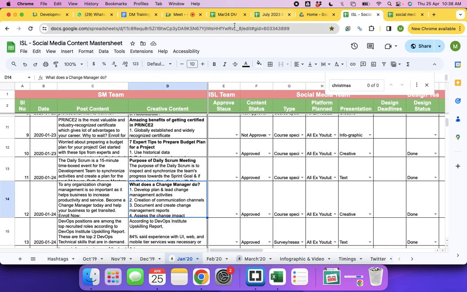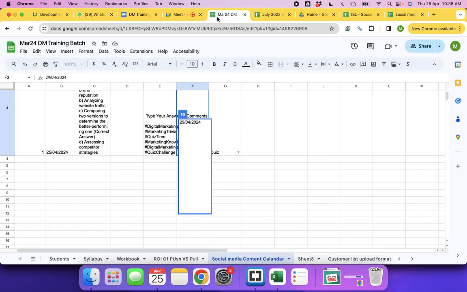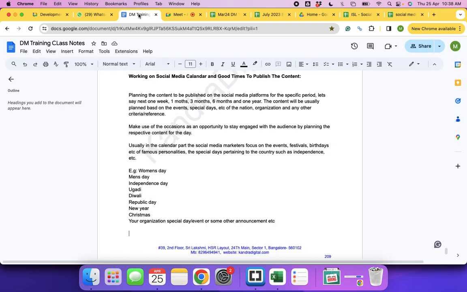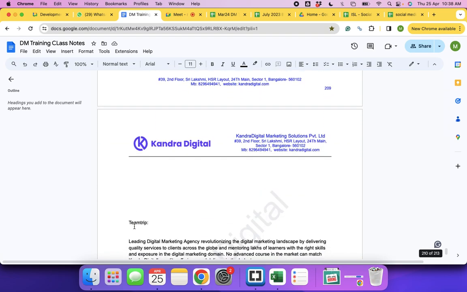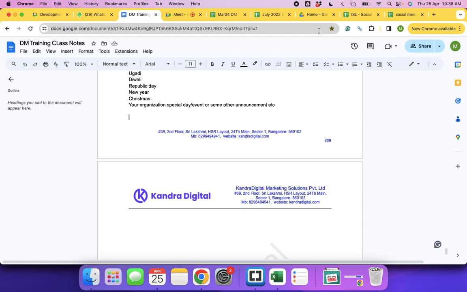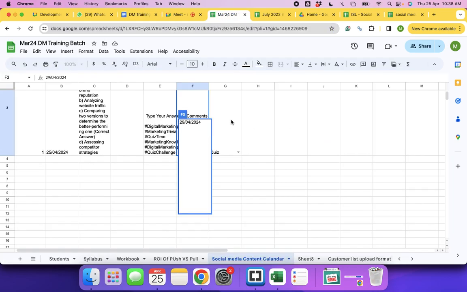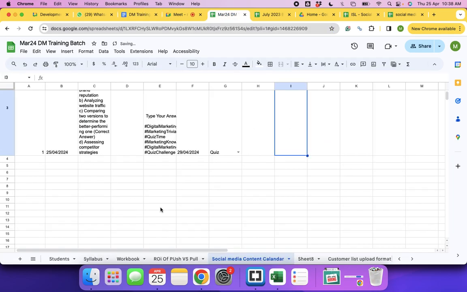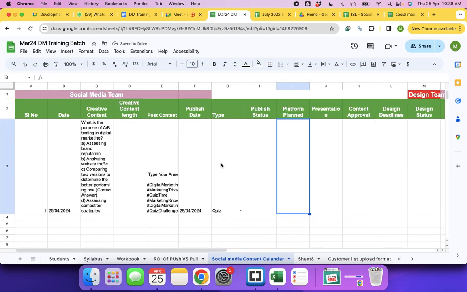So that's just a very foolish thing. But unfortunately, whenever you go to any company, the business owners or the marketing managers would ask you, okay, do you know social media content calendar? How will you prepare your social media content calendar? Right? So for that reason, I have put the template here, or maybe you can go through each of this